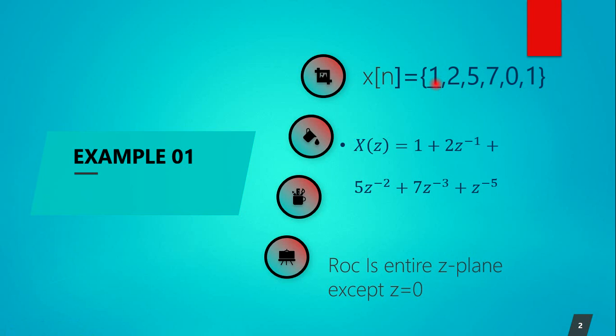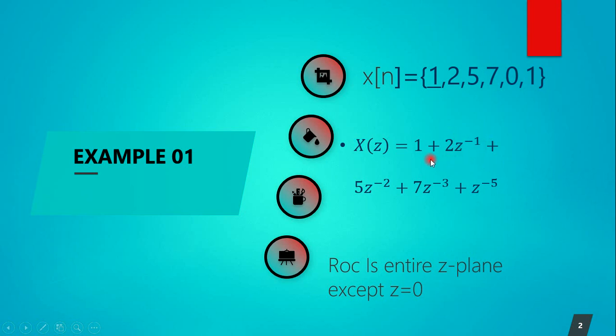So if we apply the Z transform on this formula, this is x of 0 multiplied by z power 0, which will come out to be 1. Then this one, x of 1 multiplied by z power minus 1. Similarly the other ones. So the ROC is entire Z plane except z is equal to 0, because if we substitute